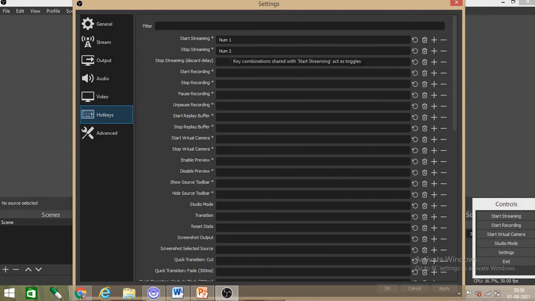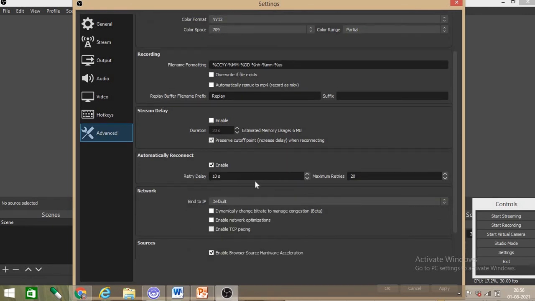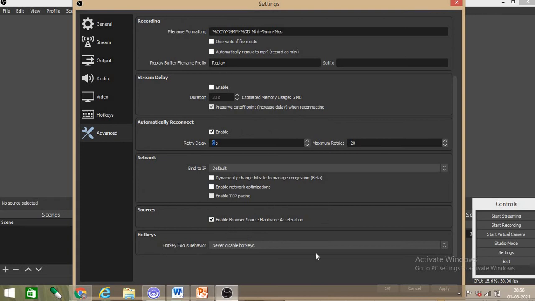I can give 3, 4, 5, 6 to start or stop my streaming. For start recording, any number you can give here, that will be your hotkeys. In advanced settings, you can see default settings are already there, no need to change.